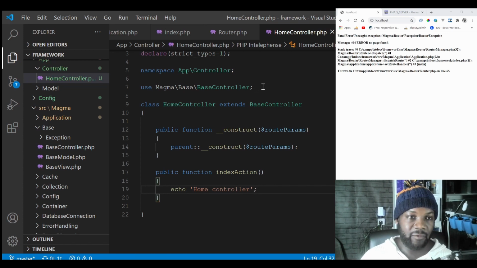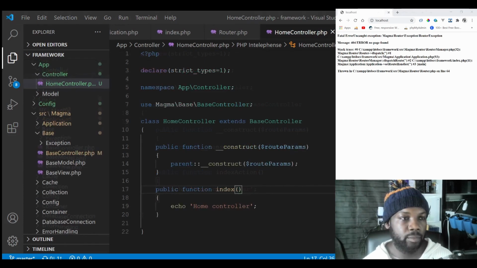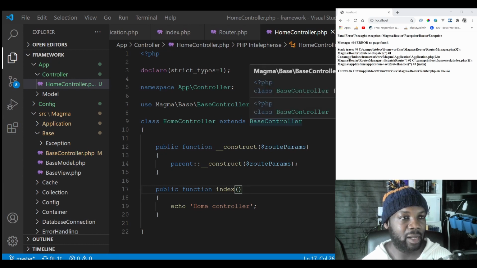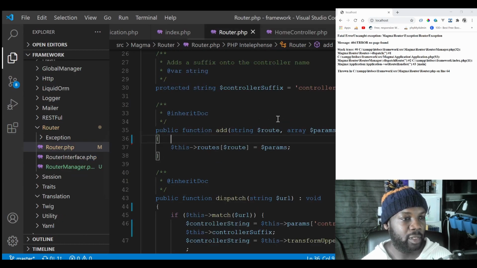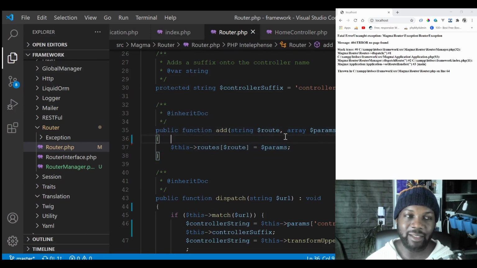Just going to leave that one for now. We're going to come back to that in a minute because we need to actually set up some other bits as well. And some of those bits that I want to come back to, I want to touch back onto my router class, and I want to work on this add method,